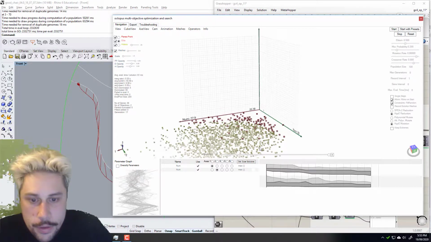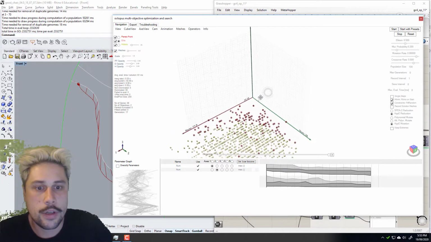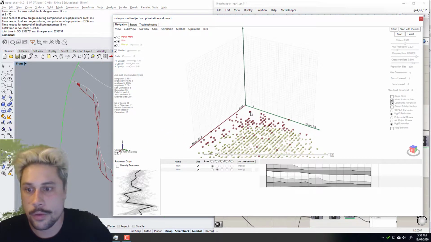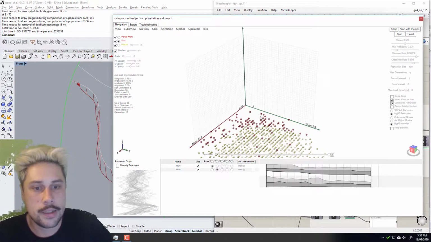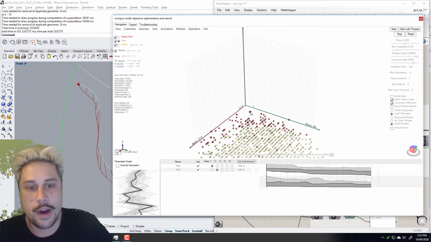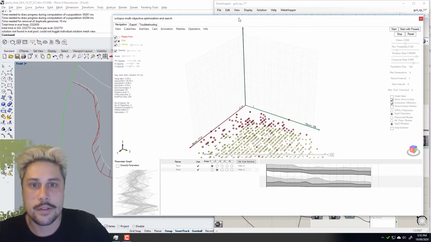Okay guys, so we're up to around 17 generations, and let's have a look at what result Octopus is giving us. Let's select a solution that is kind of equal parts minimizing the amount of points where the radius is more than 4.76, and also trying to minimize the total difference. So let's reinstate the solution,